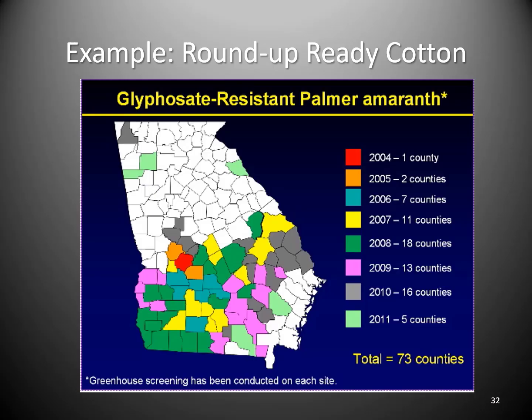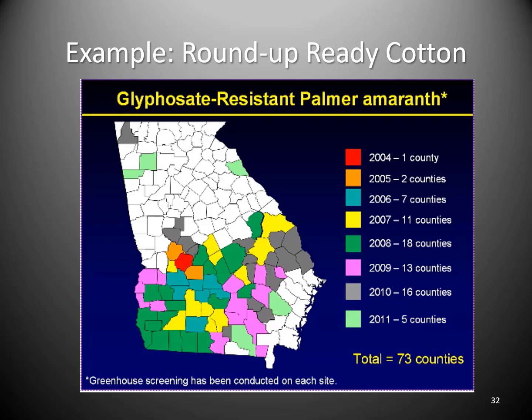And so this example is from Georgia. There's 73 different counties in Georgia. And it shows in 2004, only one county, highlighted in red, was identified to have Roundup-resistant Palmer amaranth pigweed. So the weeds growing that the Roundup was no longer killing, which was a real problem for the cotton crop. By 2005, just a year later, the weeds had spread to 2 counties, a year later to 7 counties, sort of that teal blue, by 2007 to 11 counties,